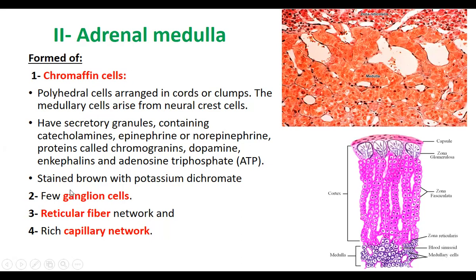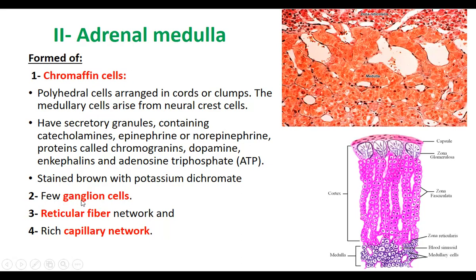Okay. So they are stained with potassium dichromate. As I said, they are specially stained with a special stain called potassium dichromate. That's why they are called chromaffin cells, because they take up the stain. There are two types of cells: chromaffin cells and chromophobes. Chromophobes are those which avoid the color staining. Chromaffin cells take up the stain with potassium dichromate. Okay, this is how it looks.